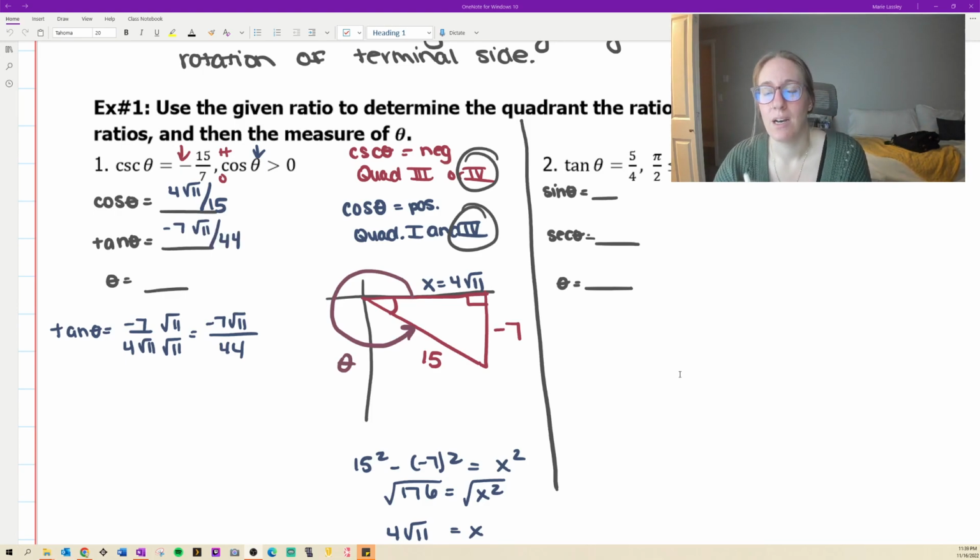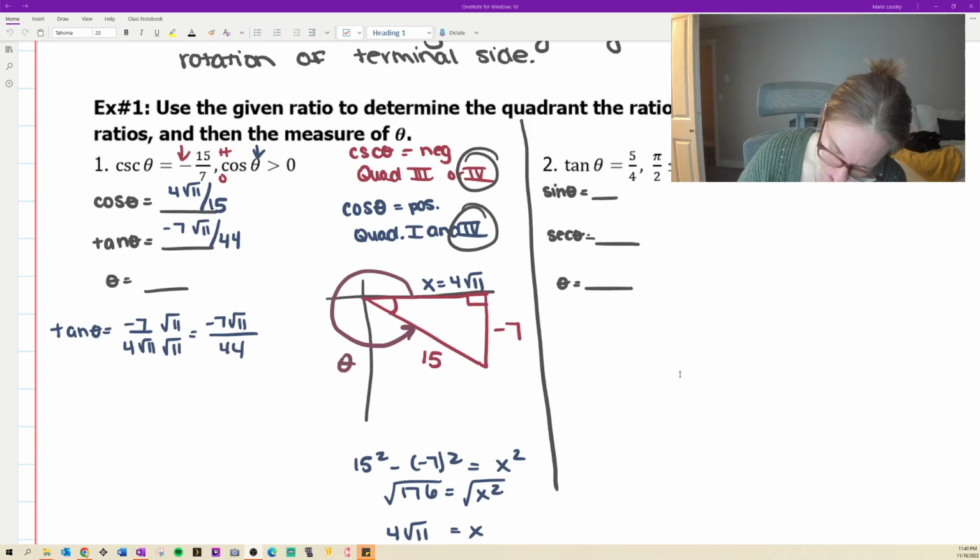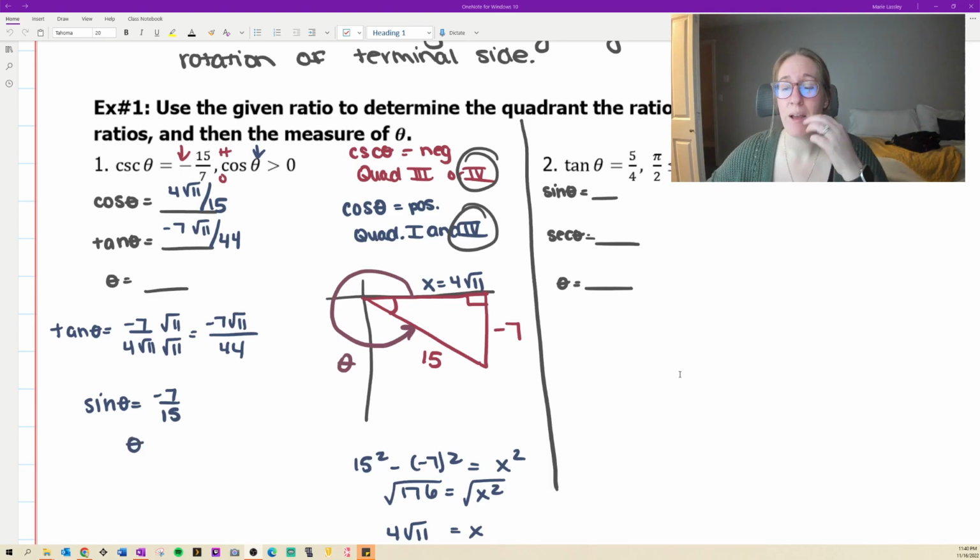All right. Now what I want to do is pick a ratio to use to solve my reference angle. And I'm going to pick the one with whole numbers in it. So I'm going to use sine. So sine is negative 7 over 15. So plugging this in, now I'm just going to plug in positive 7 over 15. If I plug in negative 7 over 15, it's going to give me a negative reference angle,